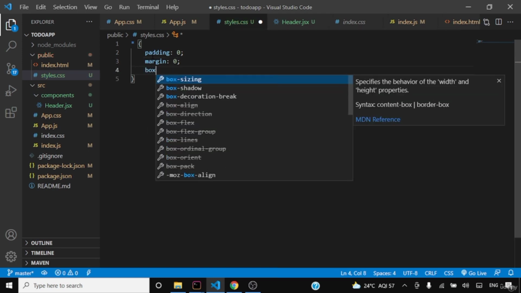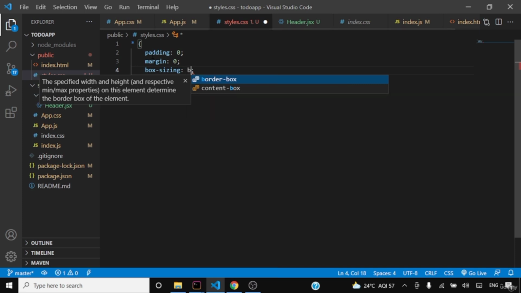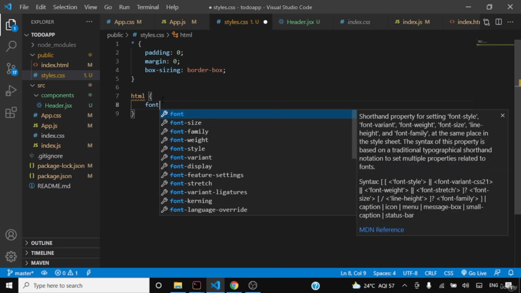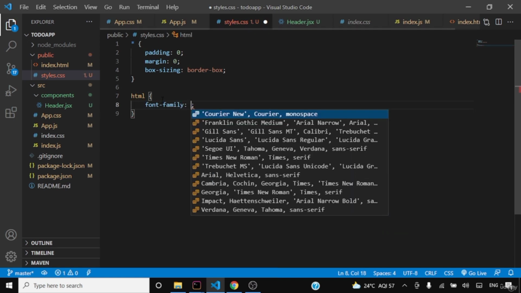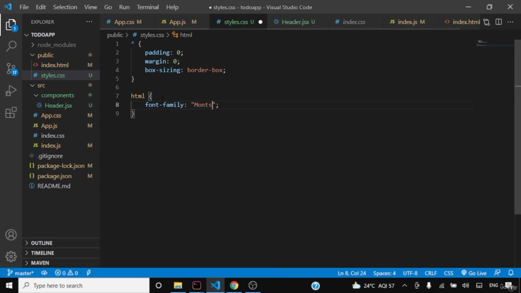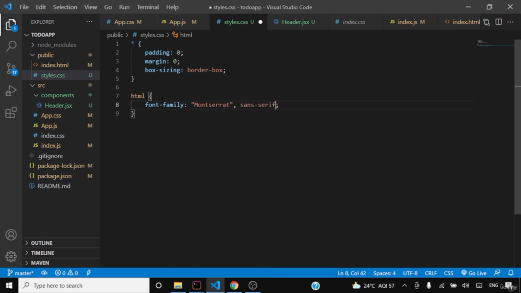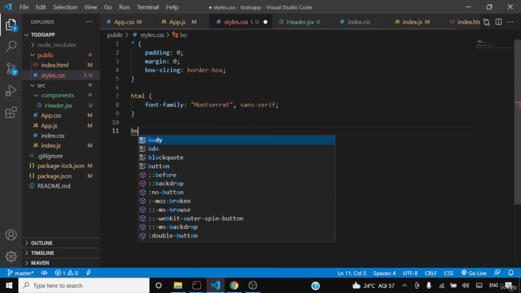Box sizing should be border-box. So basically we have overridden the default given by the Chrome browser. Then for the basic HTML fonts, font family will be Montserrat, sans-serif. Once this is done, now go to body,